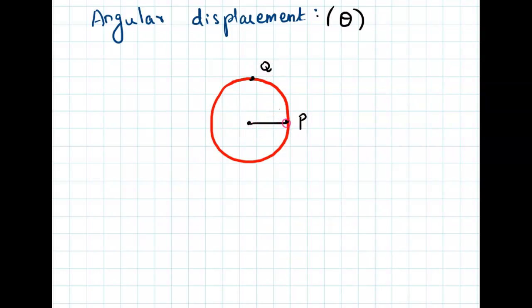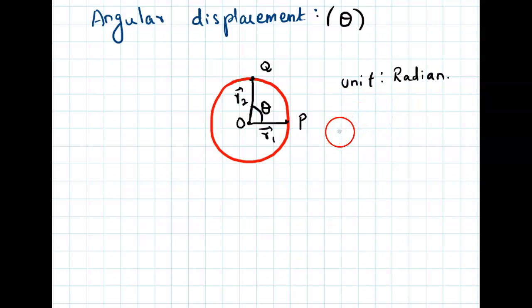Now draw the position vector R1 from the center, and the point P is moved to the point Q, another point along the circumference. So it is in circular motion. Another point here, the position vector is R2, which makes an angle theta. This angle theta is known as angular displacement, and the unit of angular displacement is measured in radians, not in degrees,